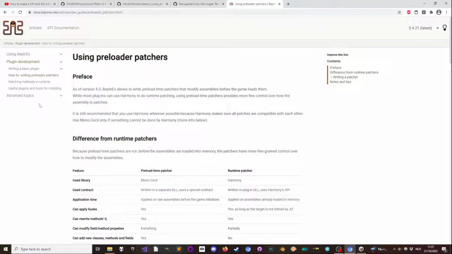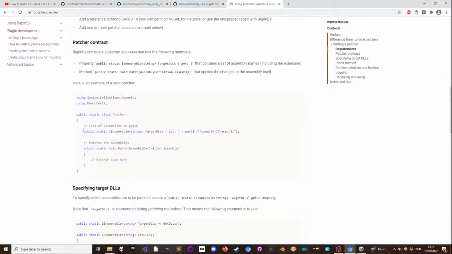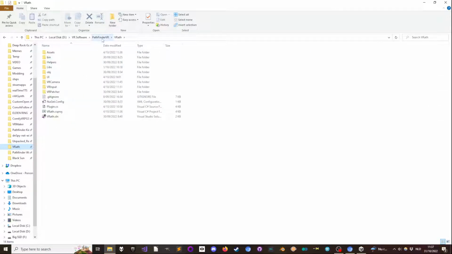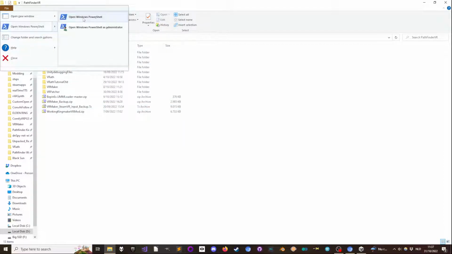Let me take a look at my documentation real quick. Alright. So after installing BepInEx to your game, it's time to actually make a BepInEx plugin for it. Now, I could just tell you to just learn it yourself, because once again it's pretty easy to do, but there is one important caveat, and I'll show you right now. So let's go to proper folders. I've got the Pathfinder VR folder, that should do it. Open Windows PowerShell, let's say,